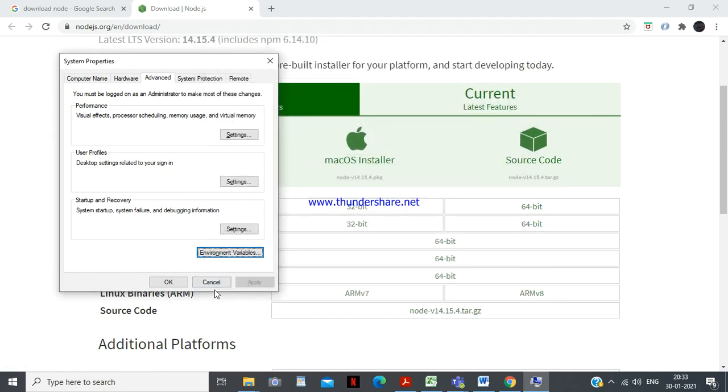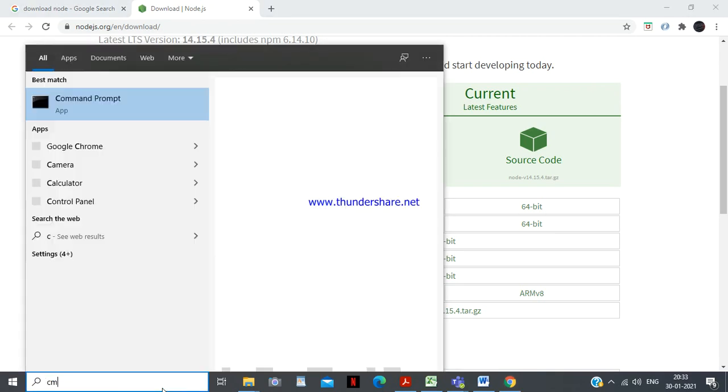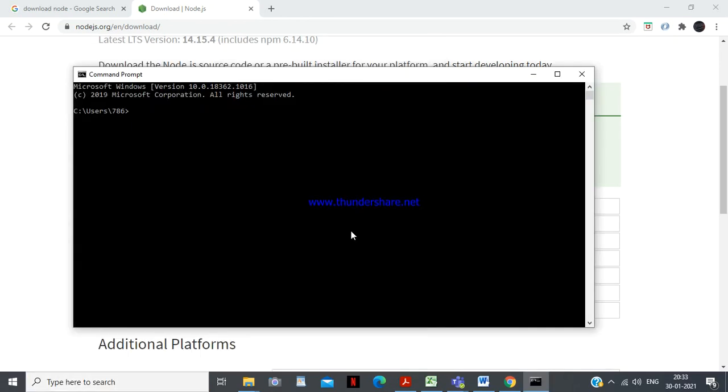Now we have learned from where we install Node, that is also covered. Next is how to install the Angular CLI. Just go to your command prompt. There write npm, which is the Node Package Manager.